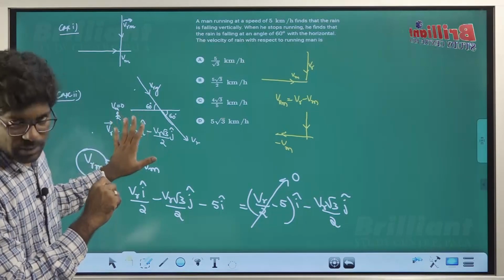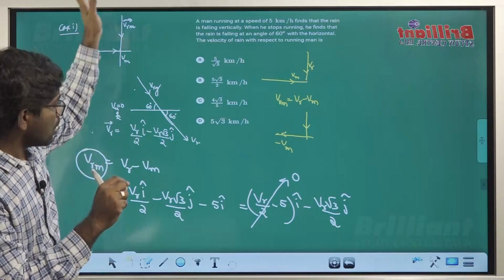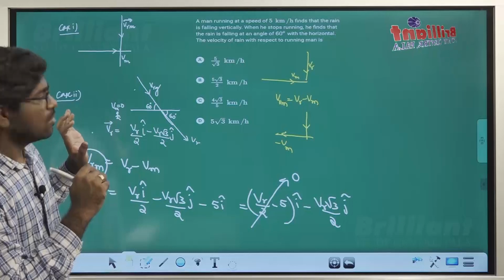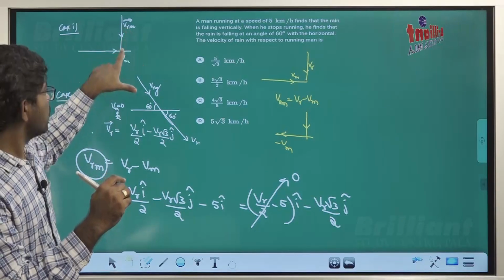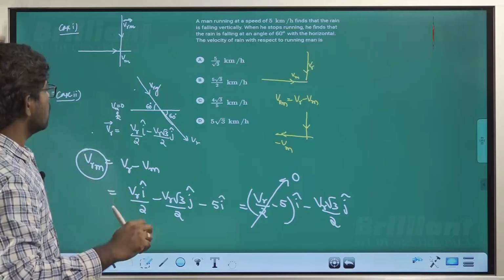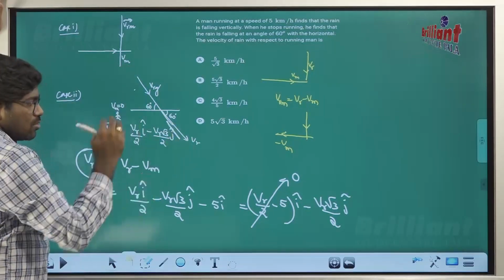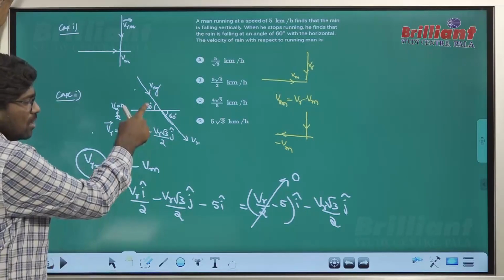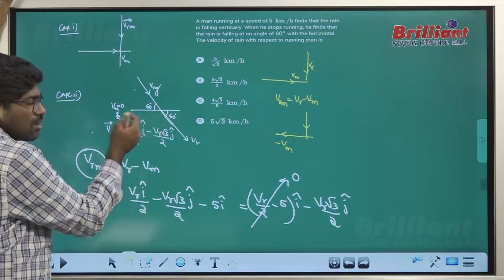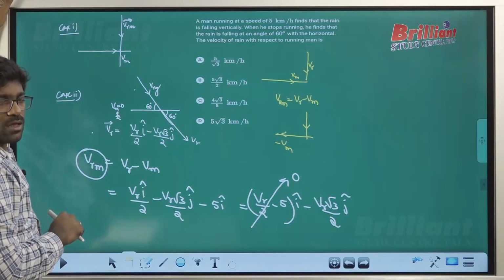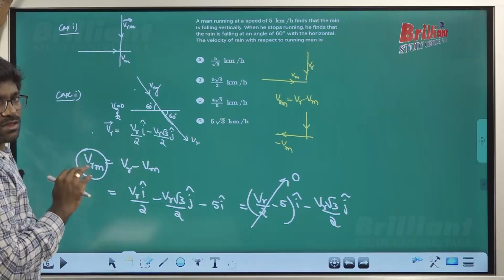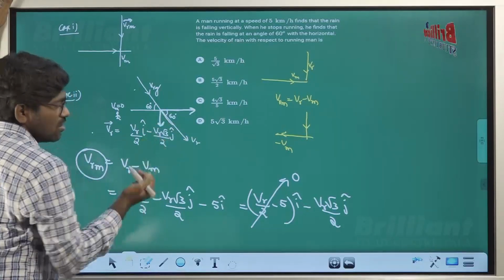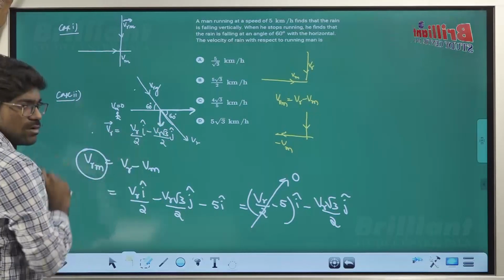Now just see the question from here. If you look at the complete thing, it looks like a big, lengthy one. Now just look from here. VRM is given like this, VM is given like this. Then velocity of rain with respect to ground is this one. Write its vector form. Vector, you know, right? What is its horizontal component? VR cos 60. What is the vertical component? VR sin 60. The vertical component is downwards, right? This is horizontal, this is vertical. Yes or no?